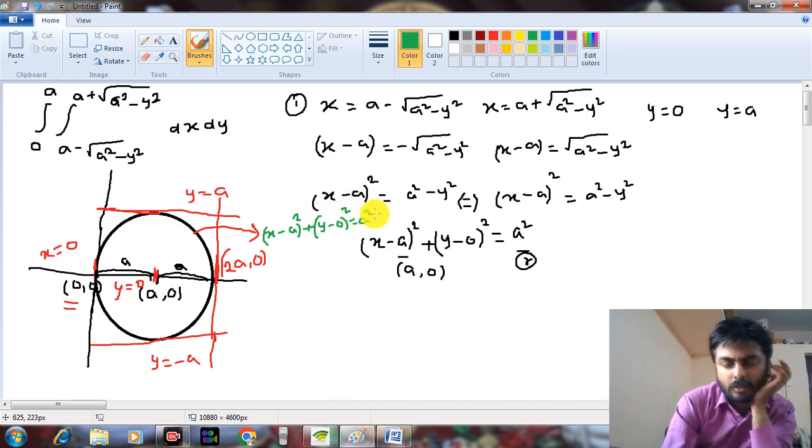This is the equation of a circle. But here we can see that x is the inner integral operator. If it is a differential equation, we call it a differential operator. So d of means differential operator, and integral dx means it is an integral operator. See here, I want to draw the internal strips parallel to x-axis,